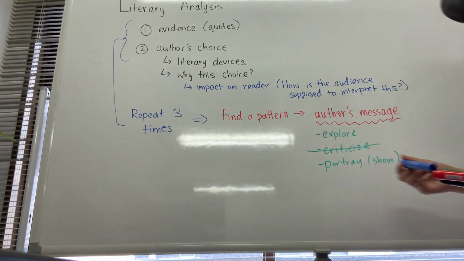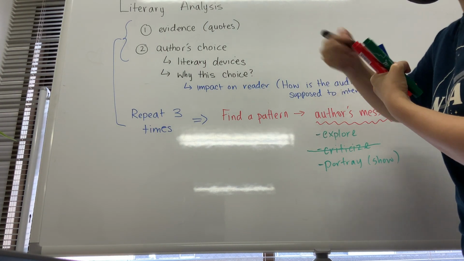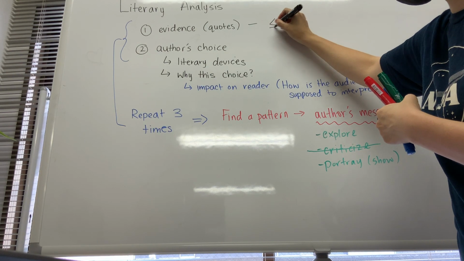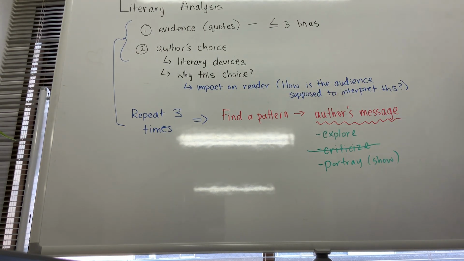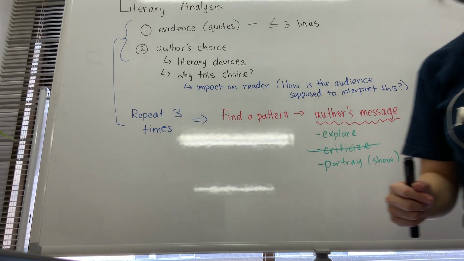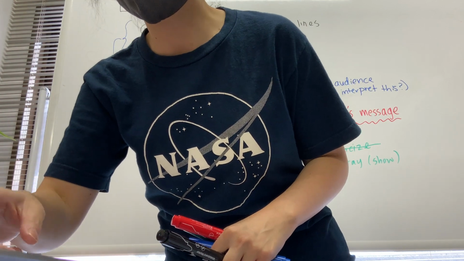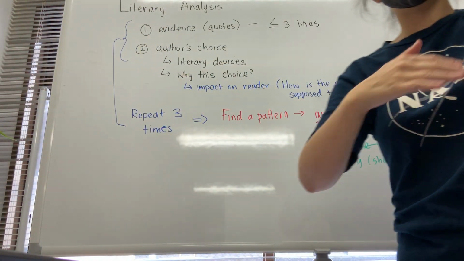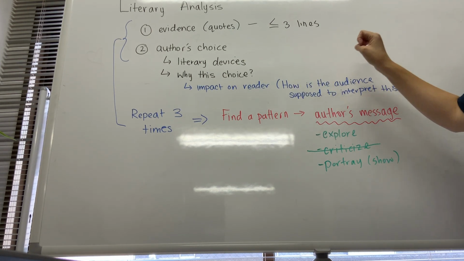In general, for English, your quotes are 3 lines or less. Okay? Grammatically, that has an effect. If it's more than 3 lines, you have to do something called a block quote, which they do not teach at CA at all. So, but it's improper. So if you do that in the university, you're in trouble. So then, block quote is you're gonna pick a quote. So out of your 40-line excerpt, you need to find 3 small quotes.